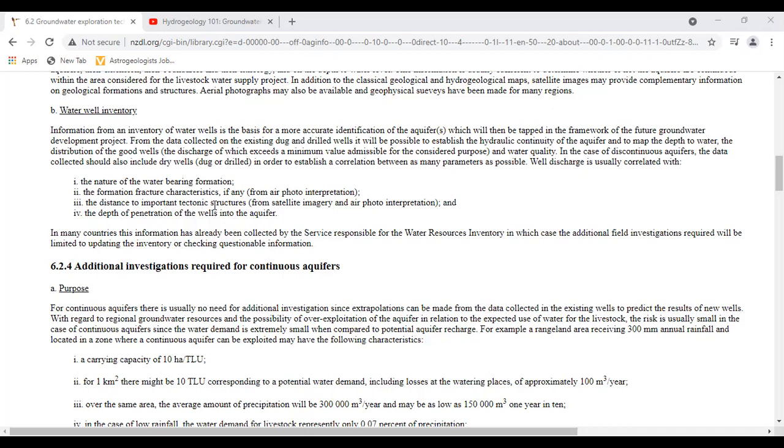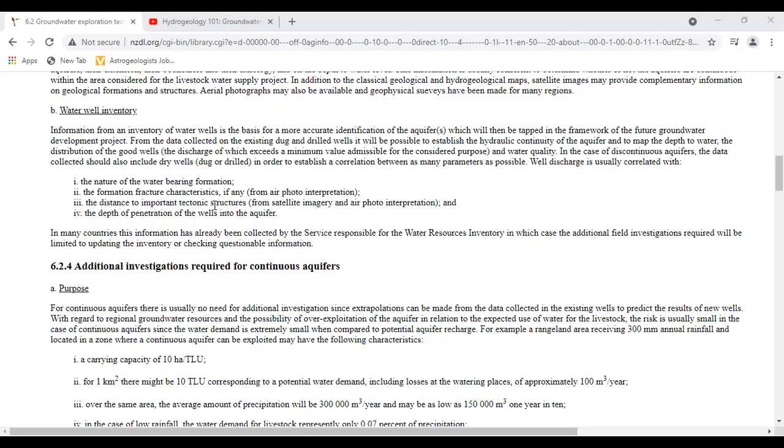And sedimentary rocks and limestones are there. If we identify limestones, that water is not useful for drinking purposes, because limestone reacts heavily with the water. So calcium carbonate, the chemical formula CaCO3, is dissolved in the water. So that is not useful for drinking. That's why the nature of the water bearing formation is also very important.